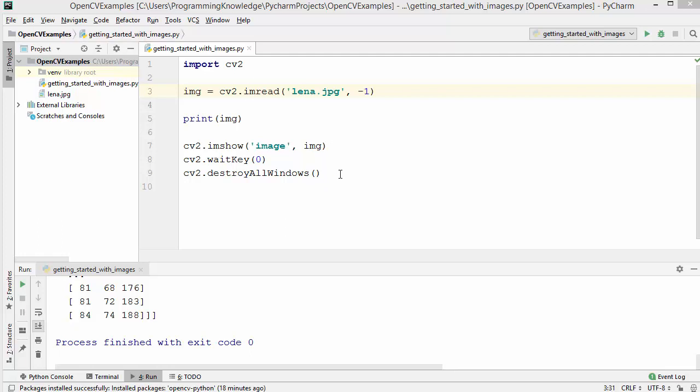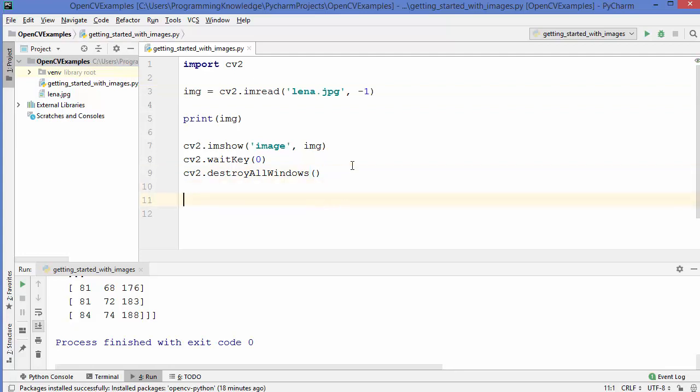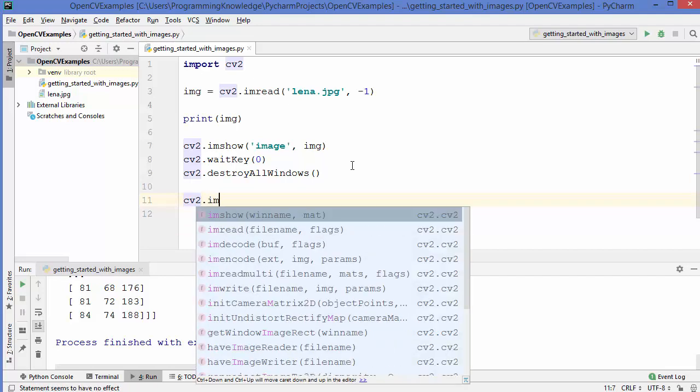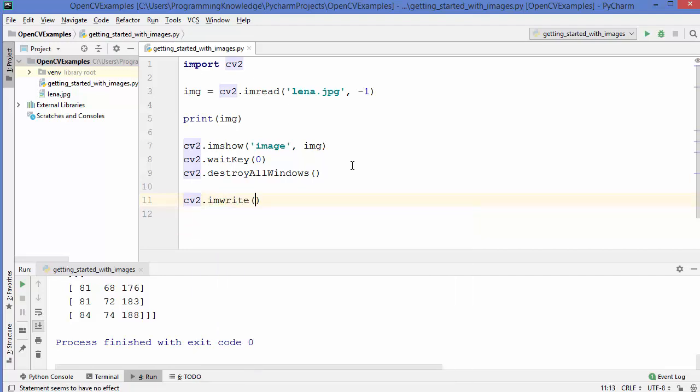So let's see how we can write an image to a file using a function called imwrite. So we are going to just use cv2 once again, and then there is a method called imwrite, which you can use to write an image in the form of a file.